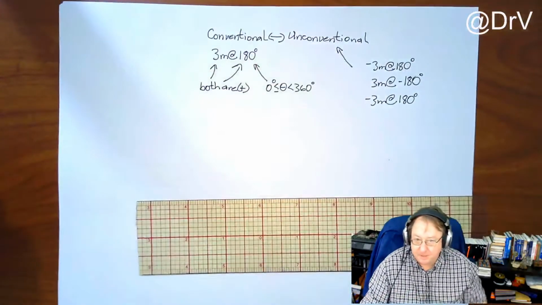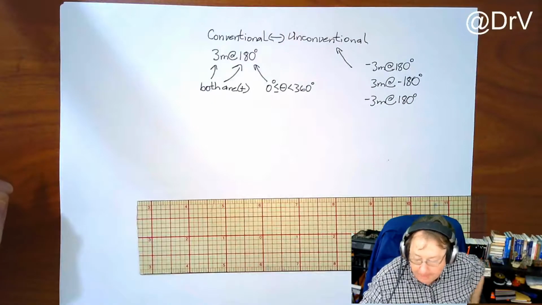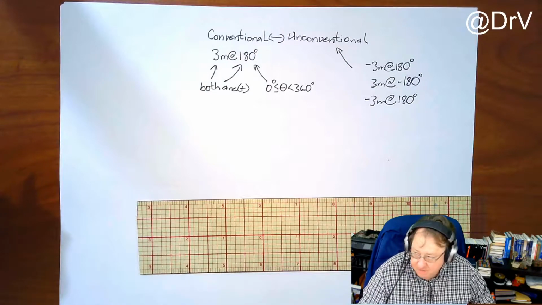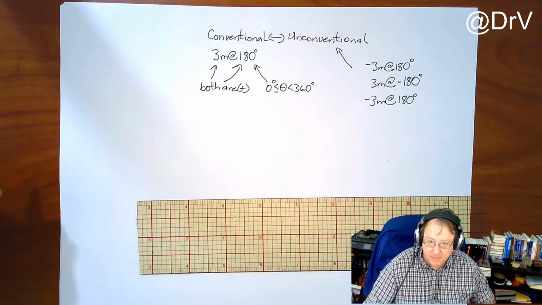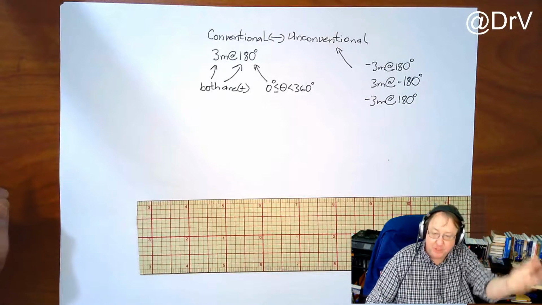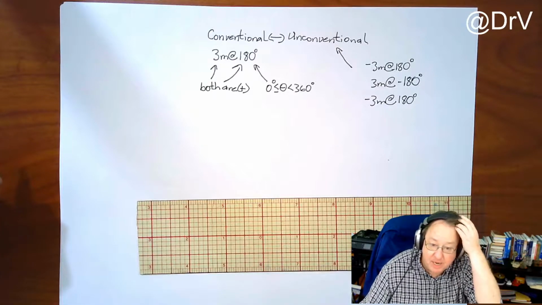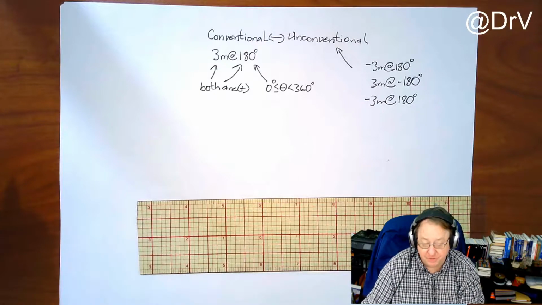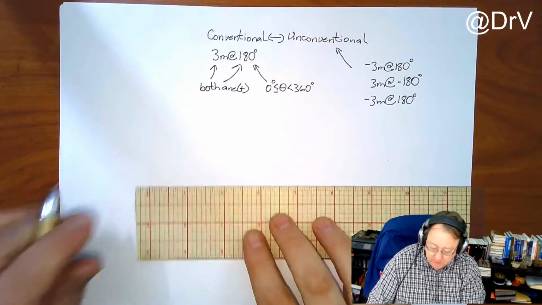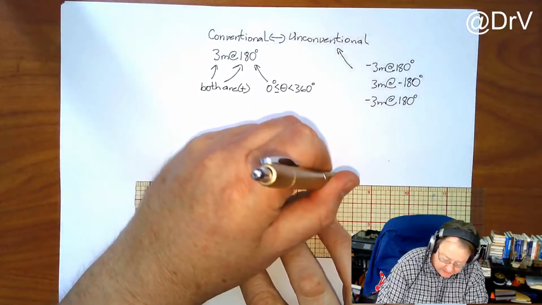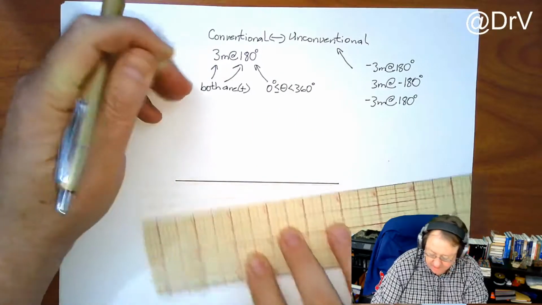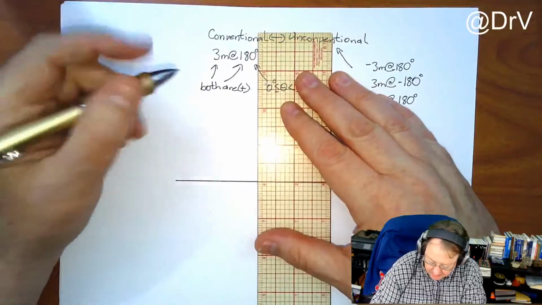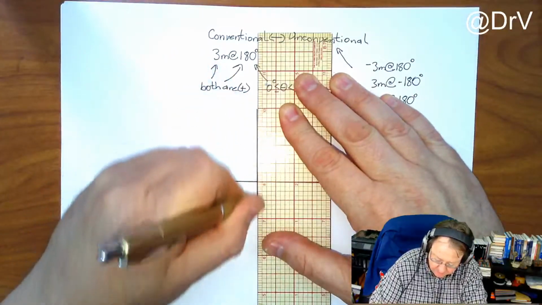And so the skill that you'll develop this week and be tested on over next weekend is switching back between conventional and unconventional, or at the very least switching unconventional to conventional. So when you do these vectors in a conventional way,